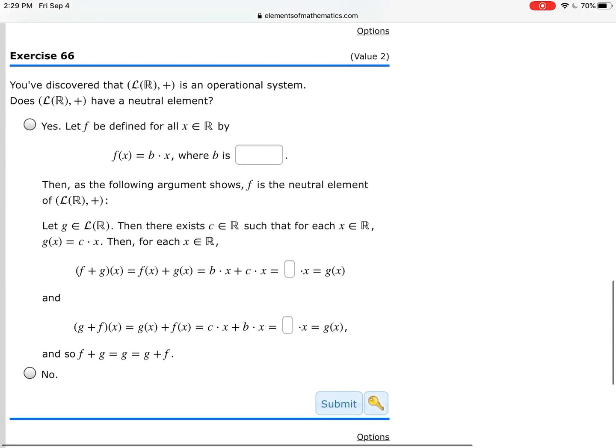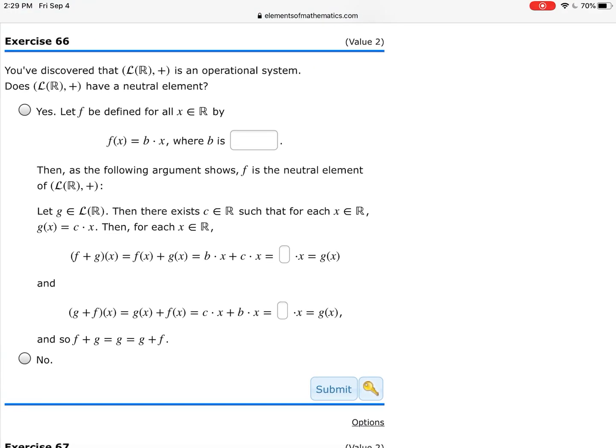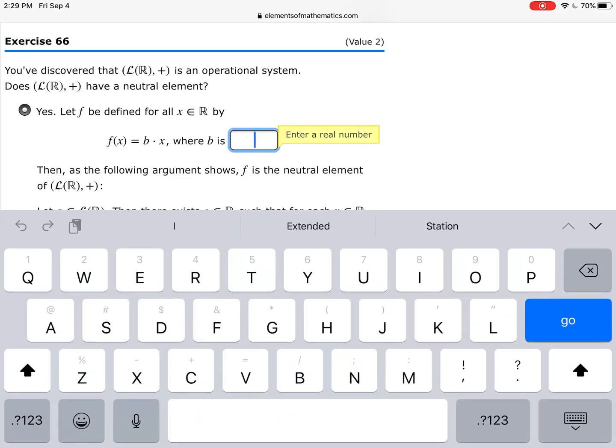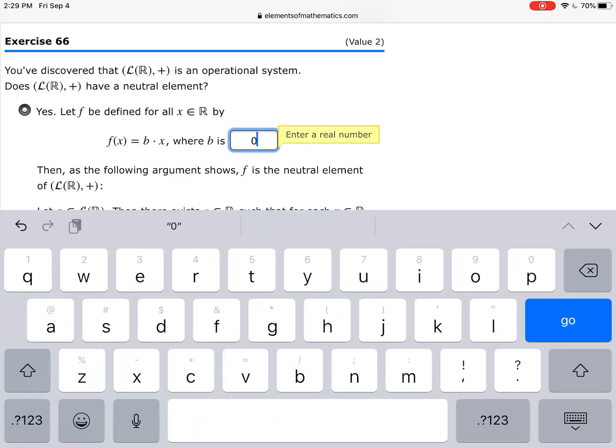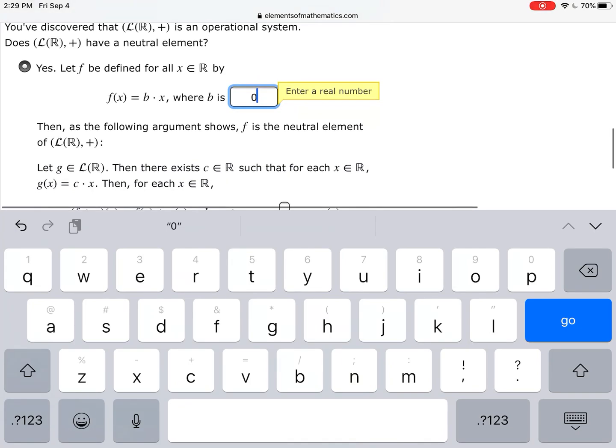So let's head on down here to exercise 66. It opens up the next one. You've discovered that addition is an operational system. Do we think we have a neutral element here? Actually, we do, because on exercise 66 here, we can see that b, interestingly enough, is 0,